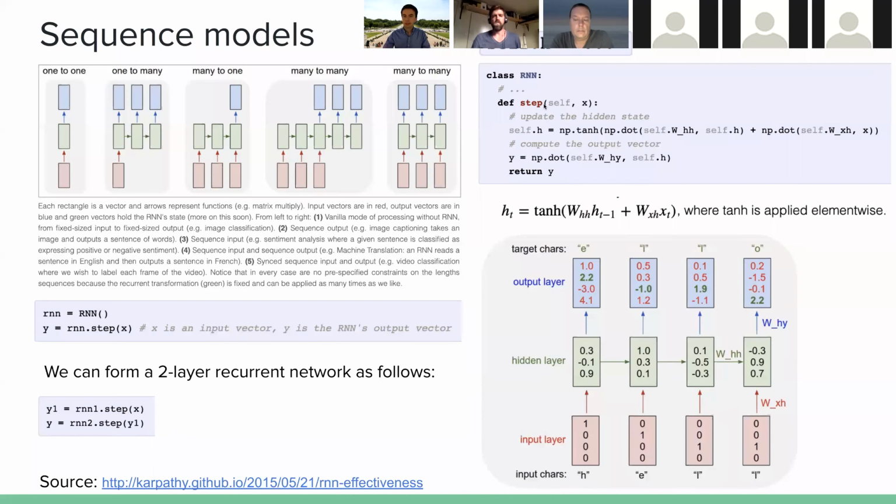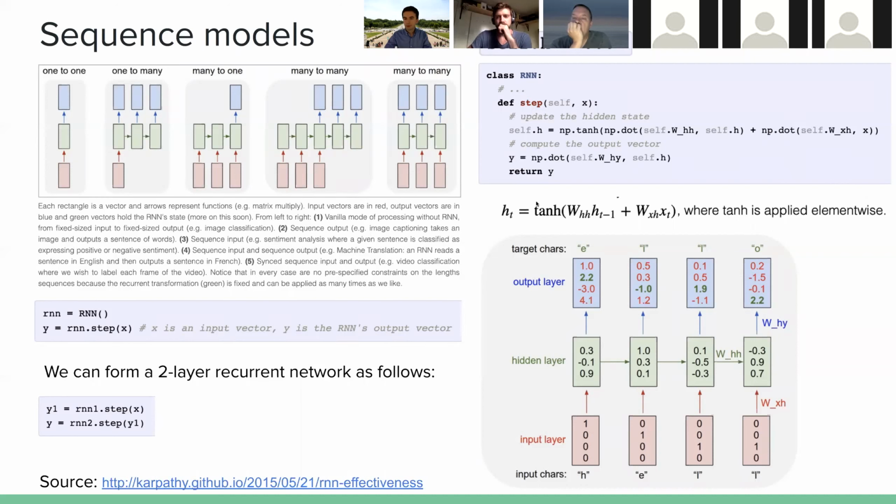So how do we do a forward pass in a recurrent neural network? We take as input X. We have an internal state called H that is defined. We multiply them with separate matrices, WXH and WHH. We add them up. We pass them through a nonlinear function, tanh in this case. And that's our new and updated internal state. So our next step internal state depends on the previous step internal state plus the current input. And then a modified version of that internal state, in this case by this matrix WHY, will be our output